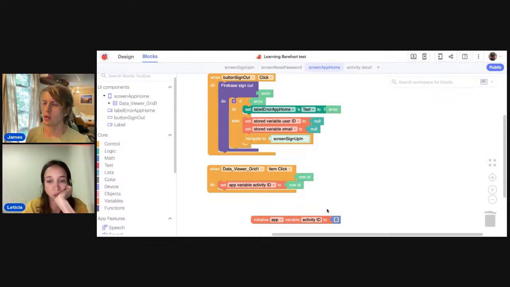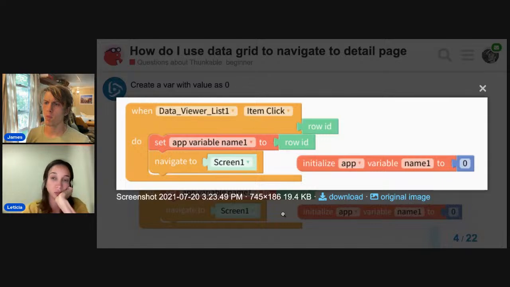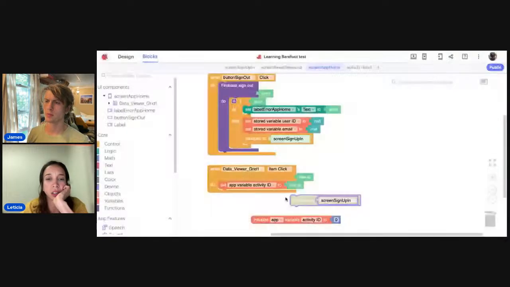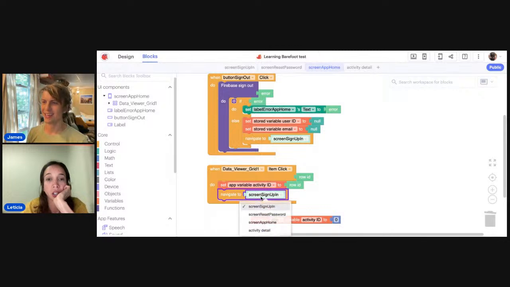And now there's one more step. That's the first half, and we've done all of this now except for the navigate to part. So now we just need to navigate to the new screen. But how do I make this bigger to fit something here? Oh, nice. Let's try it.